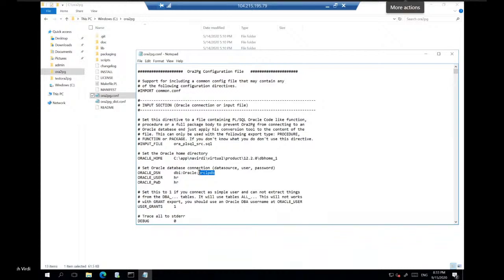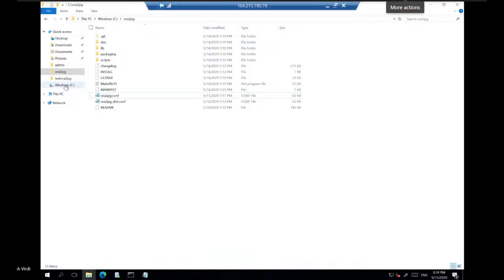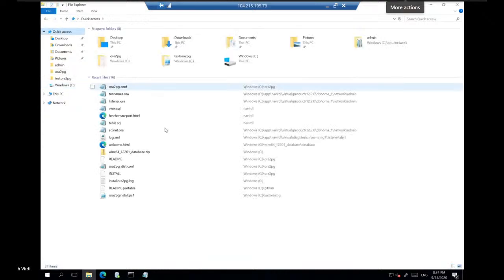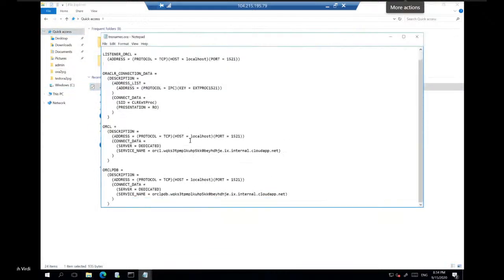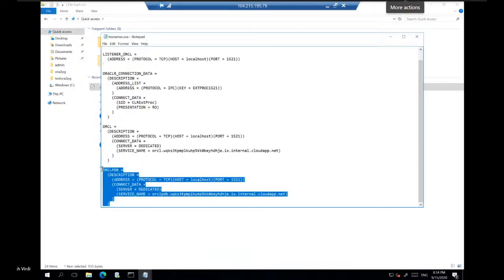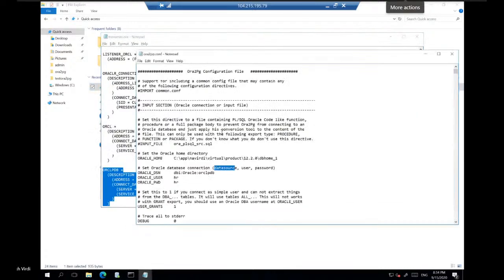If you were using Easy Connect or other naming conventions, then you would have to provide the complete string, like the data source, the localhost, the port number, and the service name. Because I am using the TNS naming convention, I've already created a service name for this, and that's how I'm connecting to my Oracle. And then I provided the username and password.